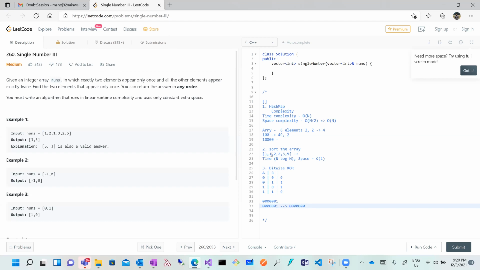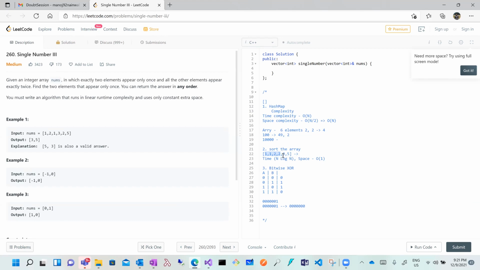So 1 and 1 will make 0 if I am doing XOR between these. 2 and 2 again make 0, right? So up to this part, if I am doing XOR with all these inputs, I am getting 0. They are actually countering themselves, right?